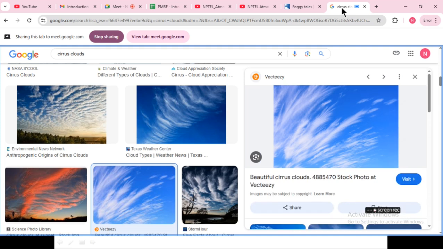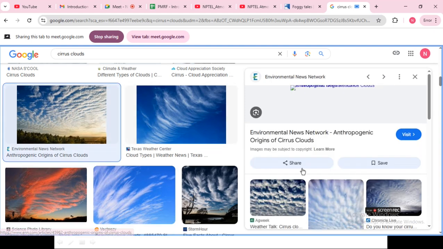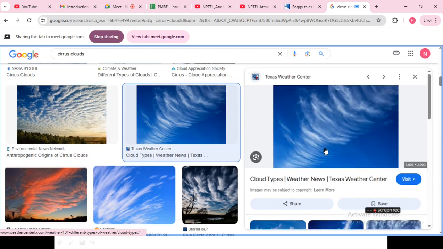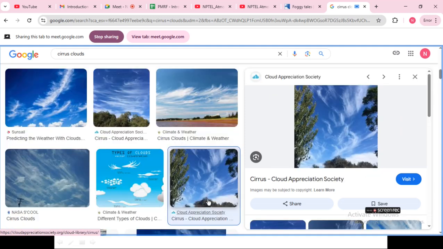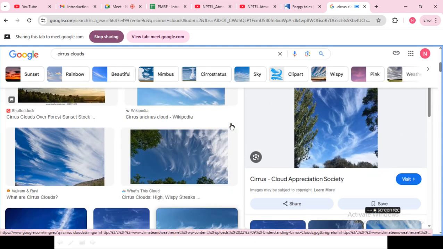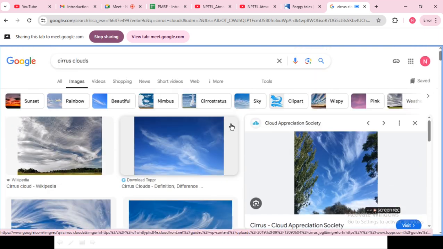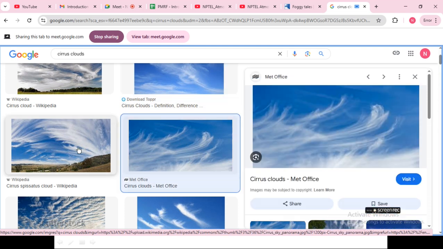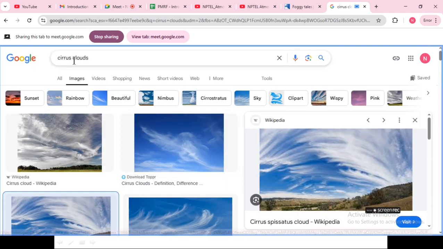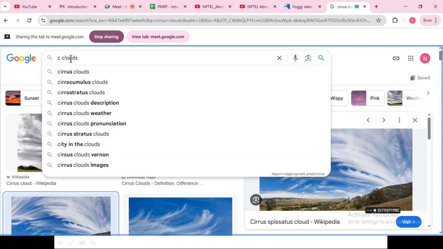Yeah, as you can see, these are cirrus clouds, which are generally like this. They are fibrous or curly fibrous kind of clouds. So these are some photos of cirrus clouds, curly or fibrous. Now when you go for stratus clouds,